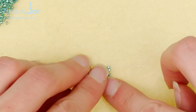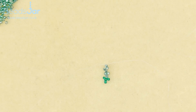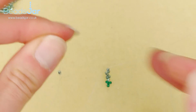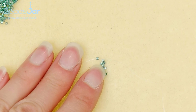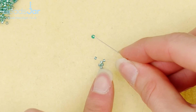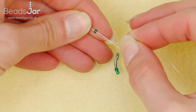And to complete this row, I'm going back to 2, and then we're going to swap the bead. So I've got 1, 2, 3 singles, and at the moment 2, and I'm going to be doing the third double. So send 1 delica to the left and 1 to the right. Okay, then we're going to pick up a size 11 round with the needle and the thread on the left, through,